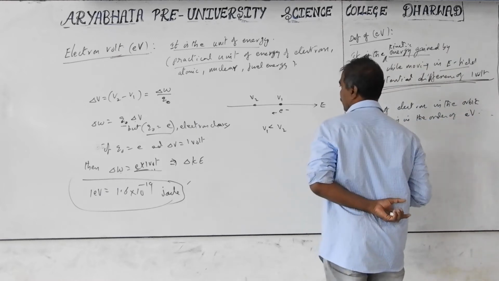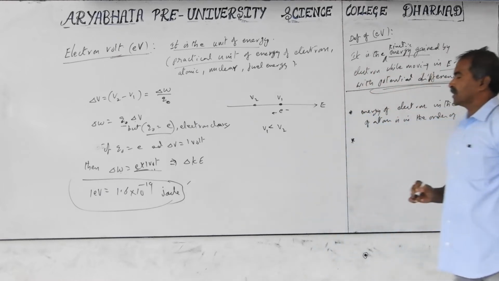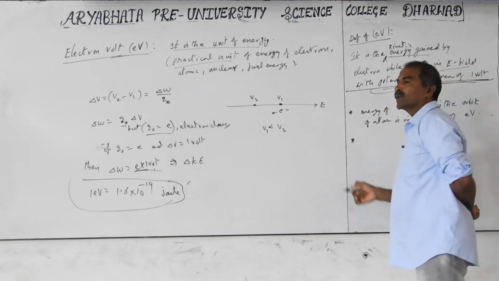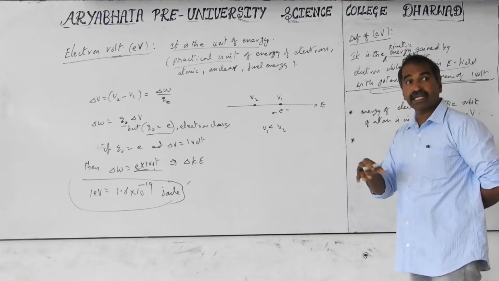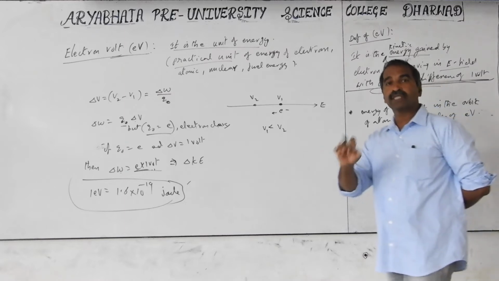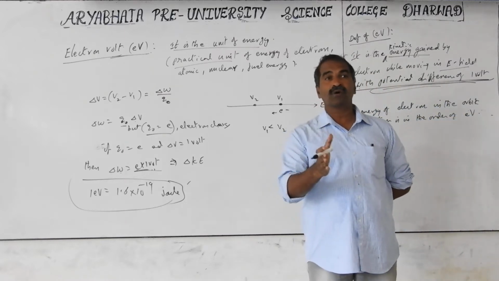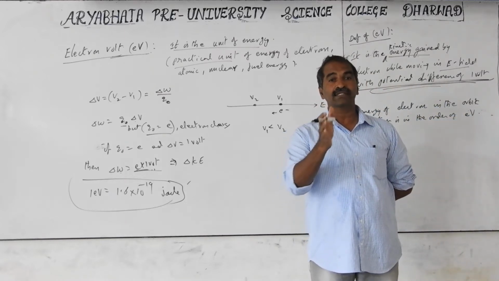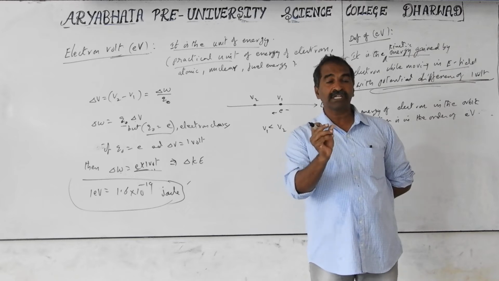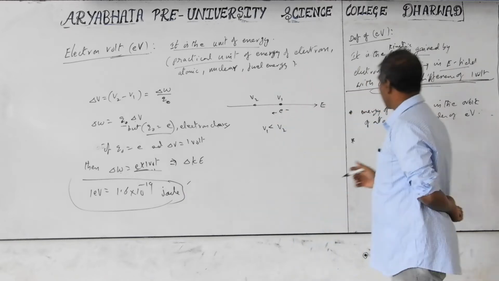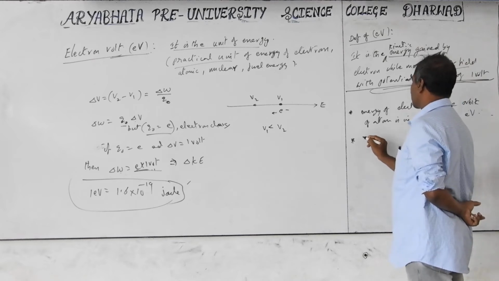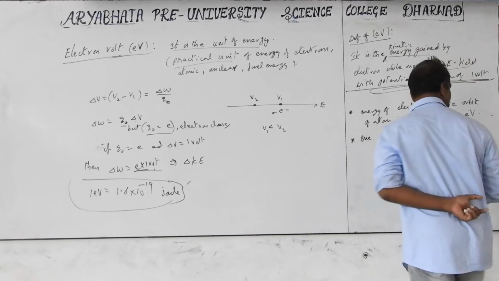But if you take nuclear energy, that is inside the nucleus where the neutrons and protons are. If you break that, you get energy release. To form the nucleus, energy is required. That is the atom bomb or nuclear bomb. In that case we break the nucleus, and the energy released is taken in terms of electron volts, but with higher values. The energy of the nucleus is called nuclear energy.